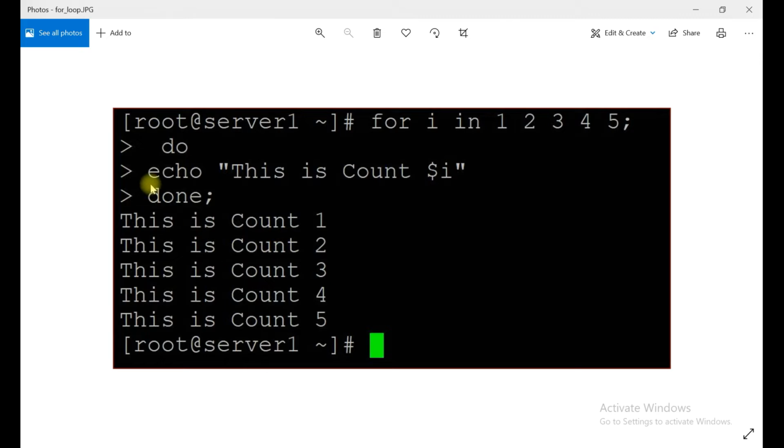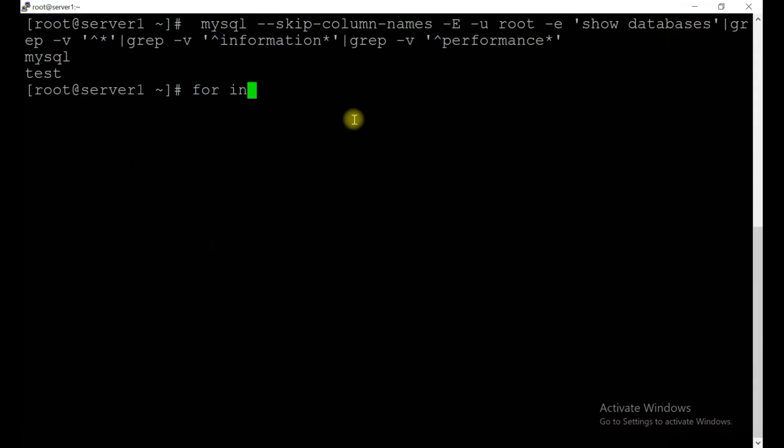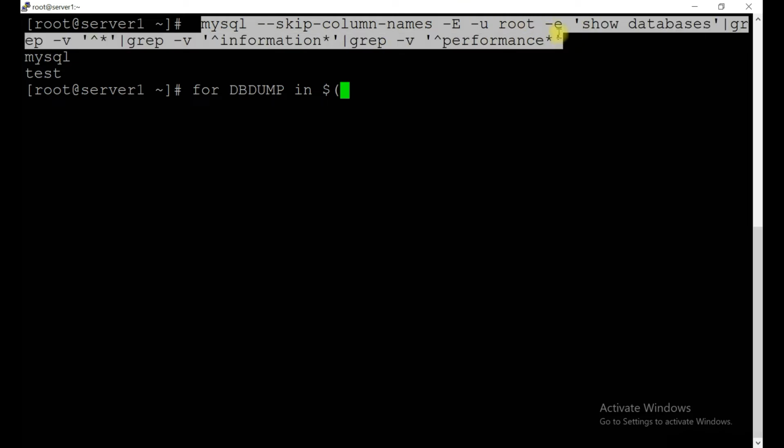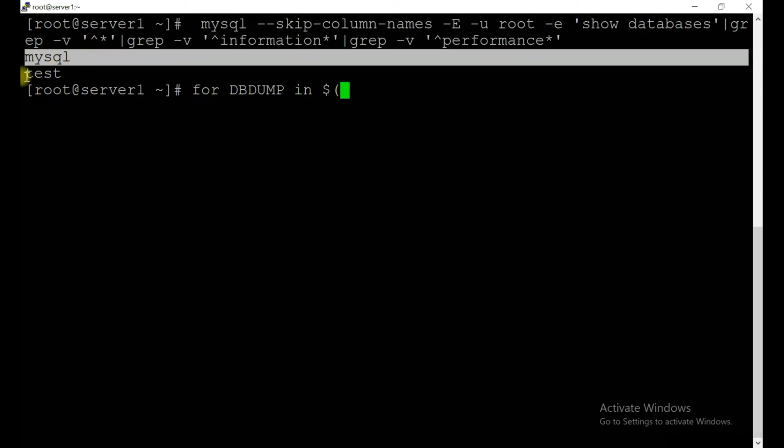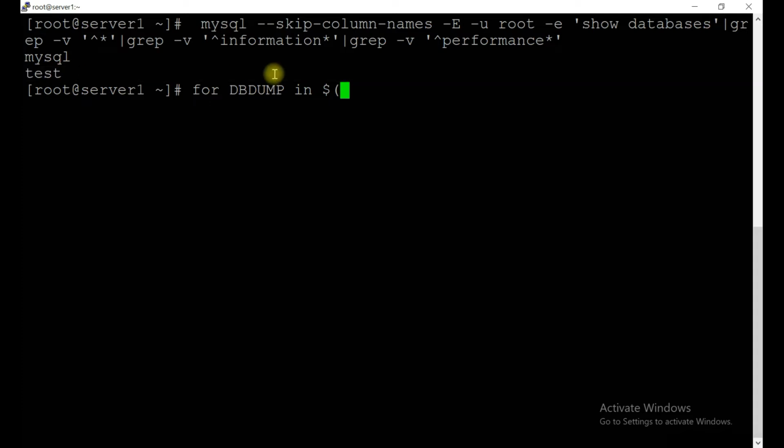Under the echo you can give your output in any way. So this is what I'm going to do. I will take one variable, db dump, in the output of the grep. I will take this as an argument, so it will give first the MySQL database name, then the test SQL database name.